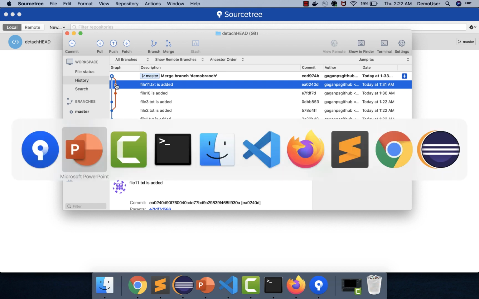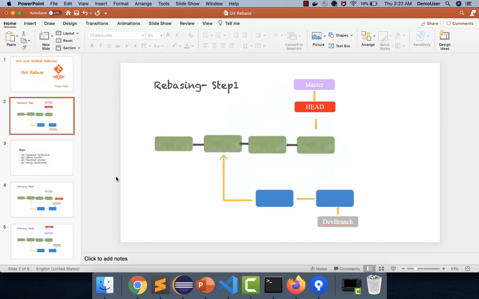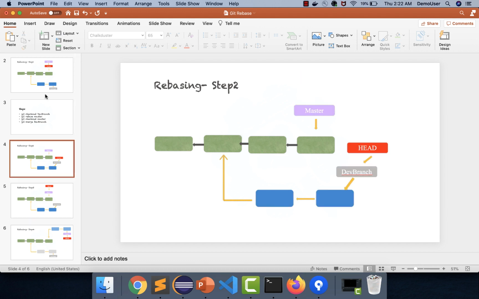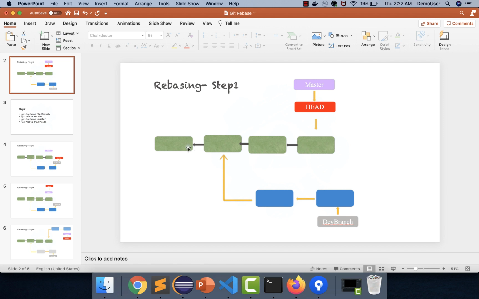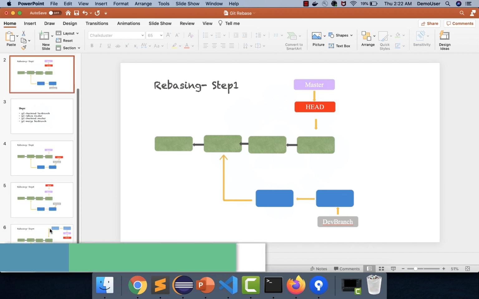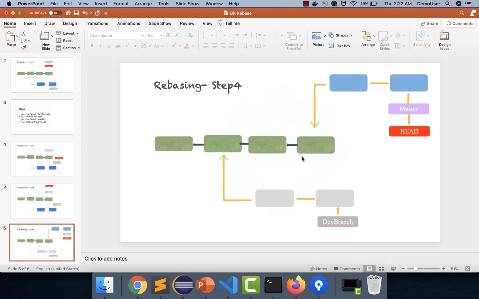But in case of a rebase, if you go back to our diagram, what happens in rebase is, let's say in the scenario where we have a diagram like this, we have 4 commits that were made on a master branch, and then we had 2 commits made on a dev branch. When we try to perform a rebase, in this case what happens is Git will create the same number of commits that are present in the dev branch, and it will align them over here.